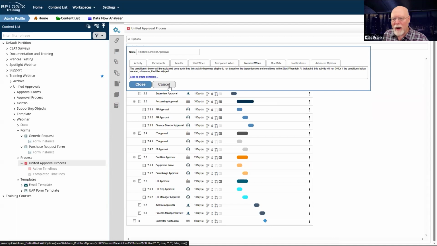I only want finance director approval whenever something is really, really big. So far, we haven't created any custom fields on our form. Now we're going to. And we have a problem in that we have to use system variables to make everything work.